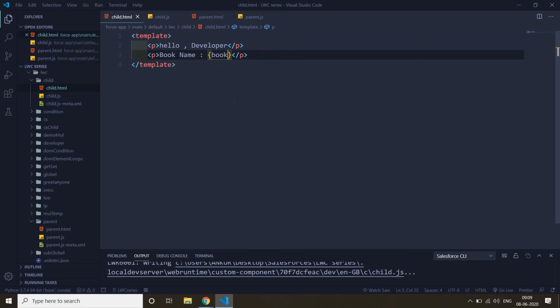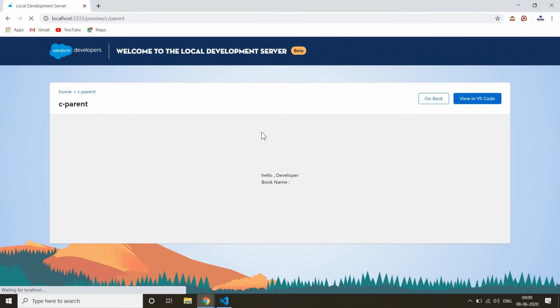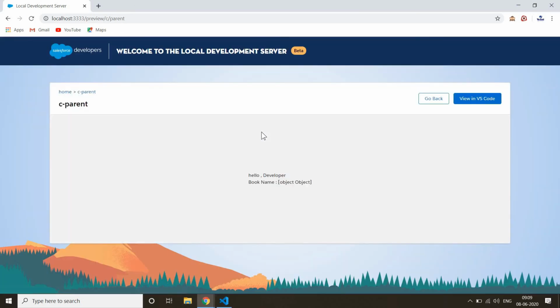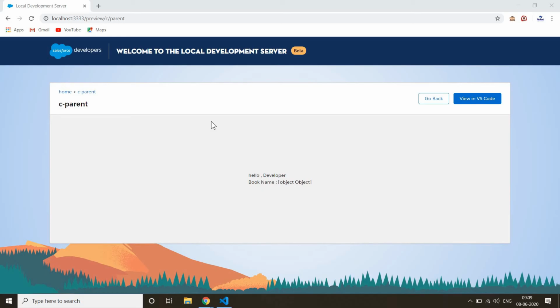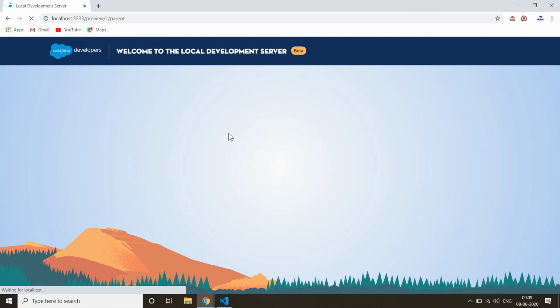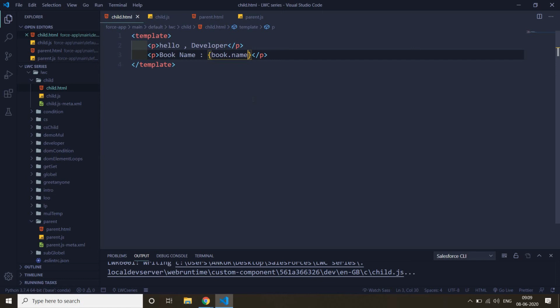And one more change here. Okay, so when we show the preview, here book dot name, and when we see the preview, you can see Java over here.